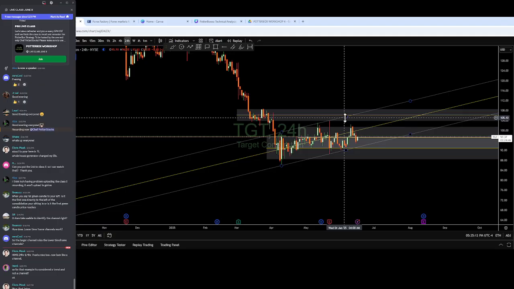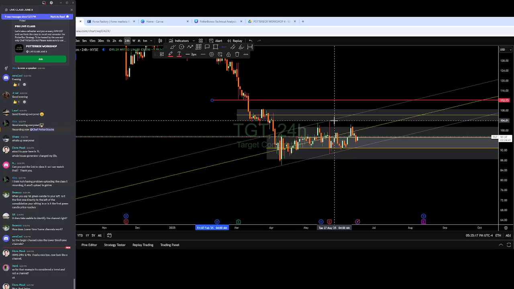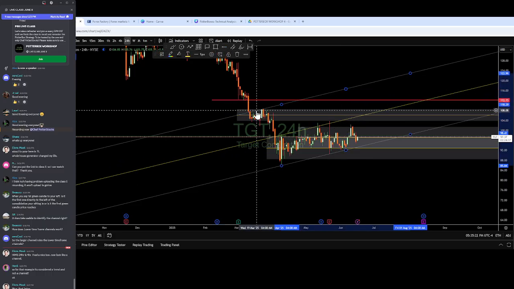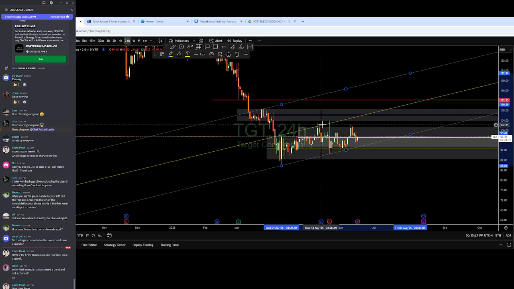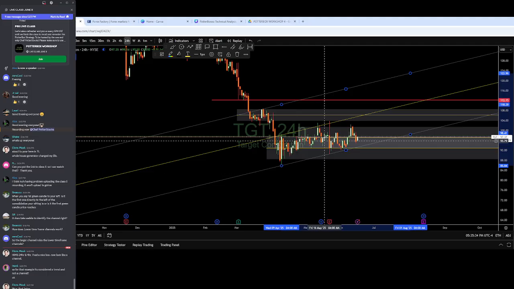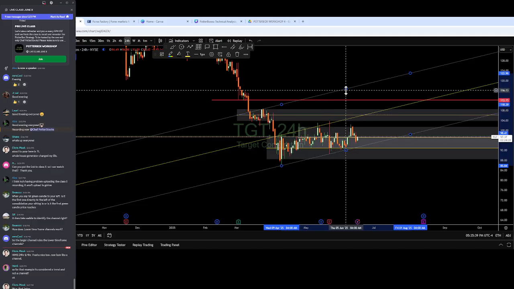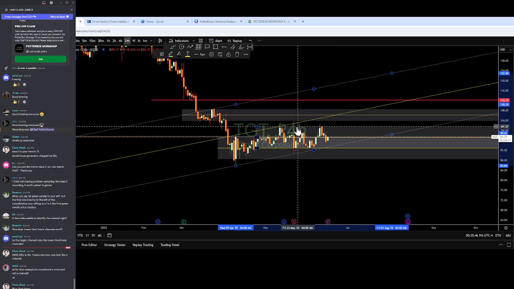So now I wouldn't be surprised. Again, I'm going to stick with my horizontal targets, but I wouldn't be surprised if this channel, while it is still very much in control, includes this structure here over to my left. As you can see, that is also in play. So again, it is borderline an indicator in a way, where it's not the most important thing in the world, but it does matter, especially when I'm in an area like this on Target and I have what most people would coin as a bear flag.